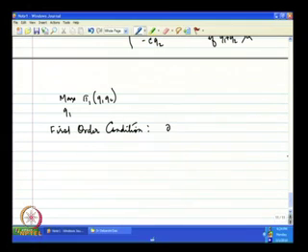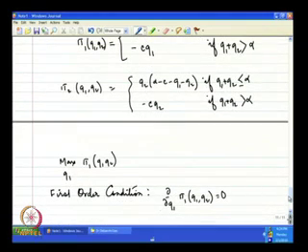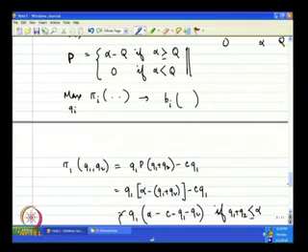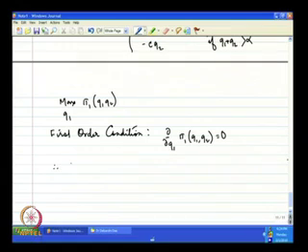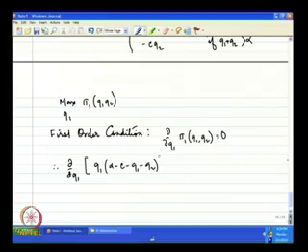So, what is the first order condition? The derivative of this is 0. So, if I take the derivative of this, it has to be set to 0,